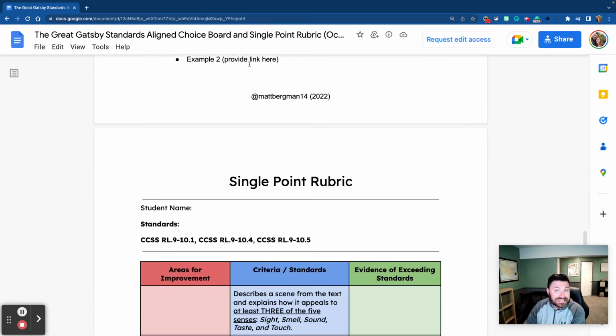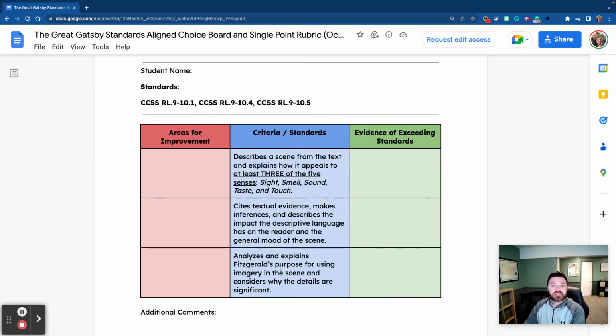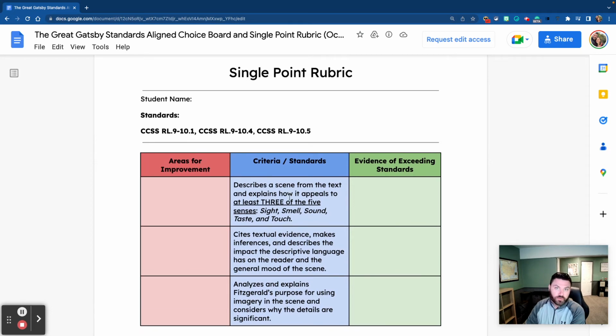Now, for grading these things, a single point rubric is an awesome tool because you can put down, hey, these are the things that I'm trying to measure, and these are areas for improvement or areas for exceeding standards. You could also do this with a holistic rubric or any type of rubric of your choice, but make sure that you're contextually relevant, measuring things that are in the goal rather than things like creativity,